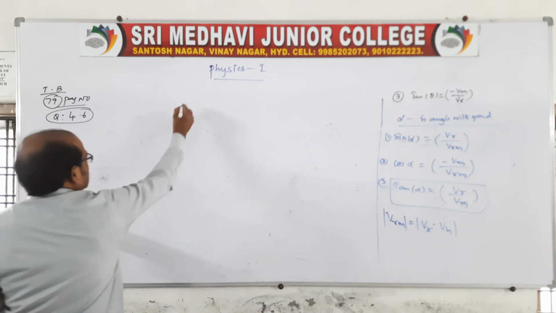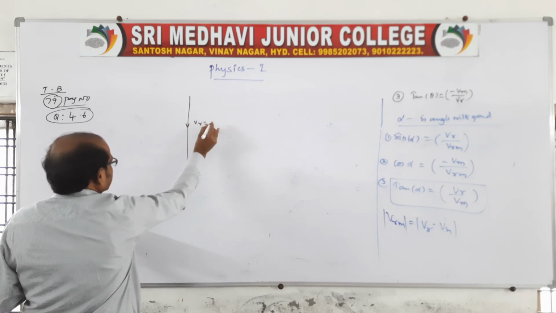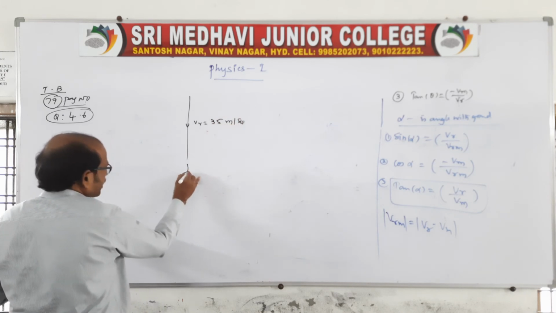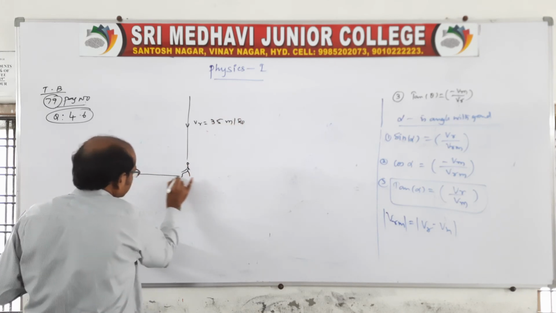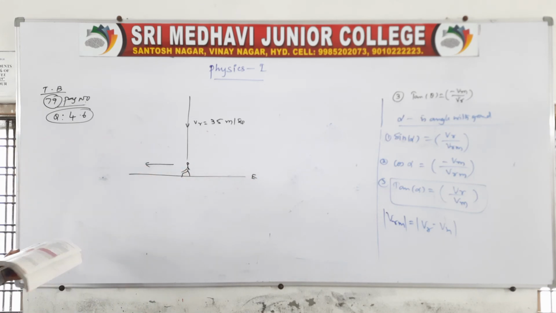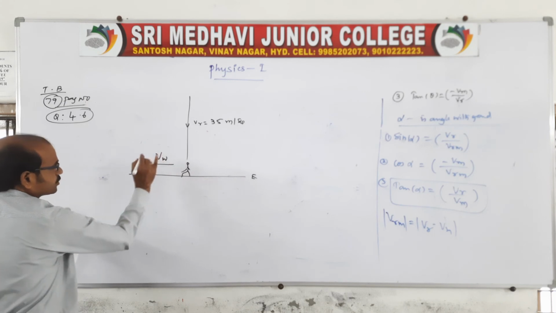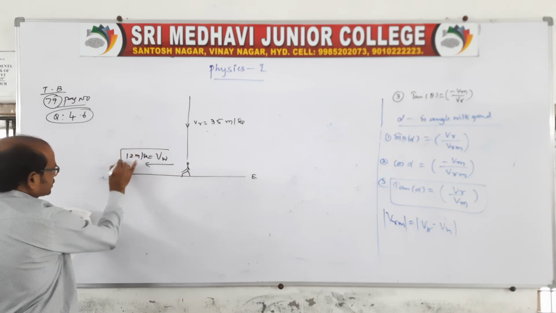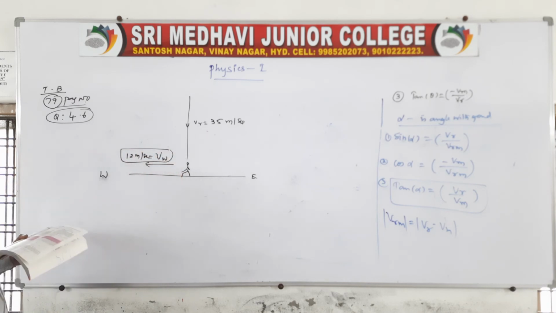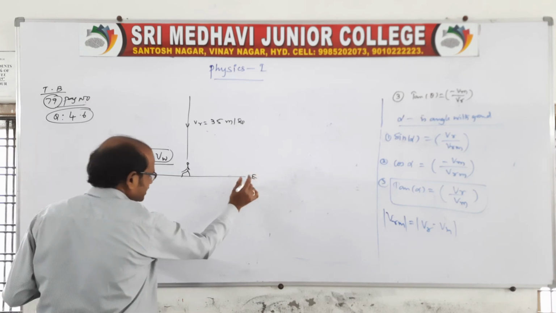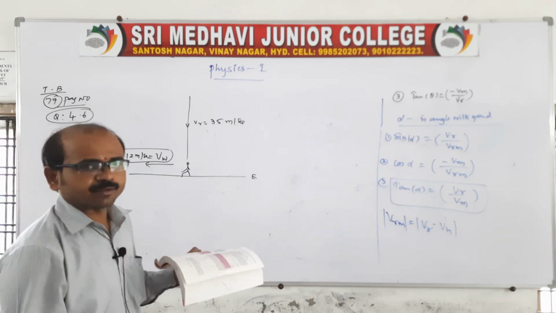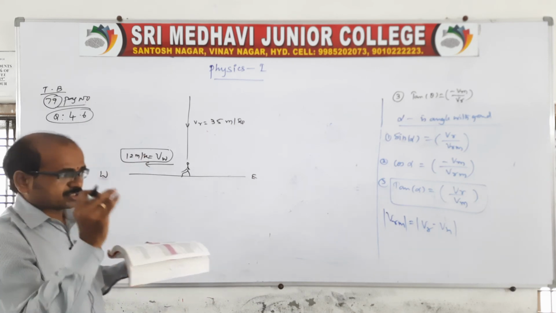That's what is asked here. Rain falling, Vr is given as 35 meter per second. The woman rider is moving from east towards west, and the velocity of the woman is given with speed 12 meter per second. Then it is asking: to protect herself from the rain, where should she hold an umbrella?